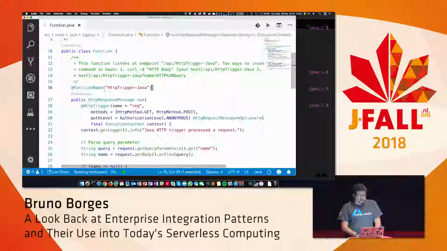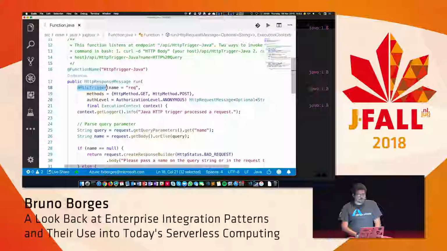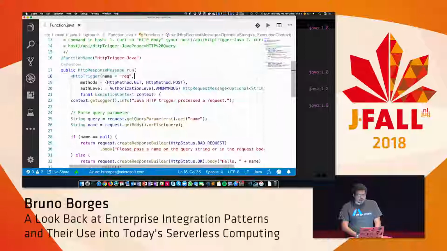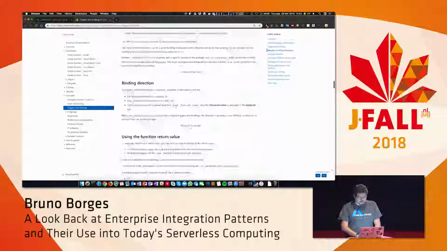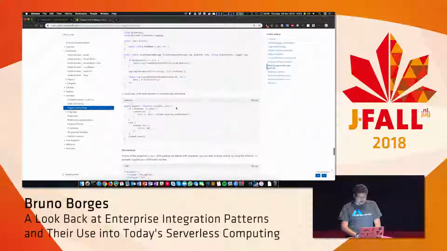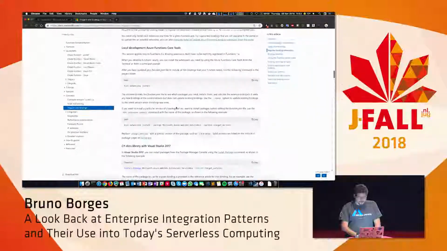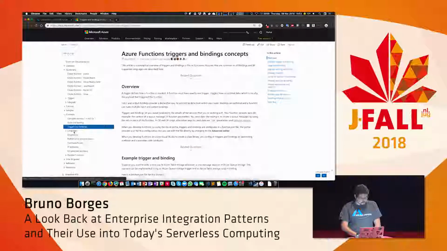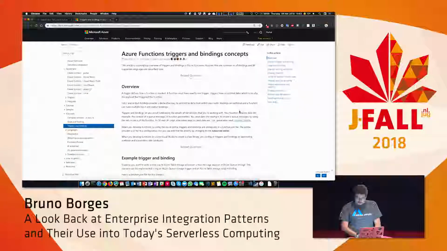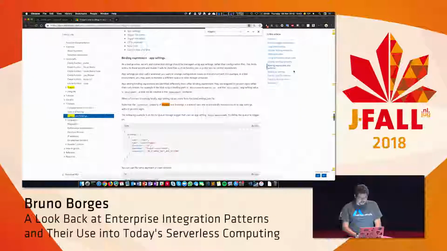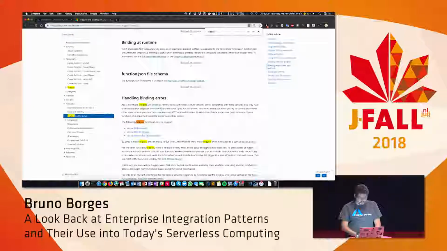So I'm giving this function a name, and I'm binding this with an HTTP trigger. And the triggers, actually, I showed you, oh no, bindings and triggers. Where are the triggers? Overview. Oh, triggers and bindings.